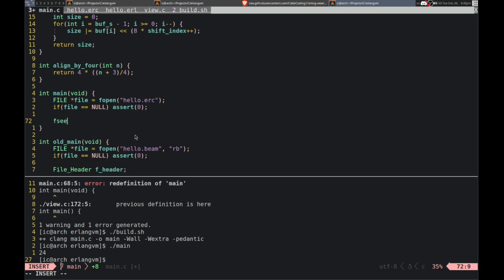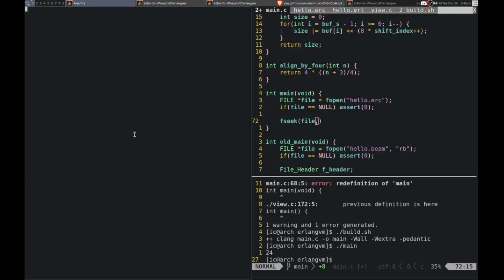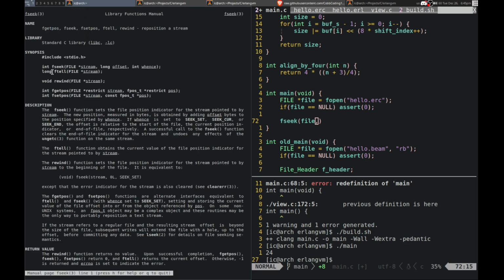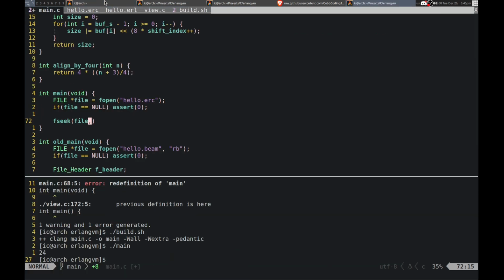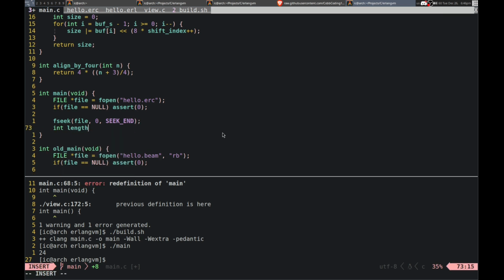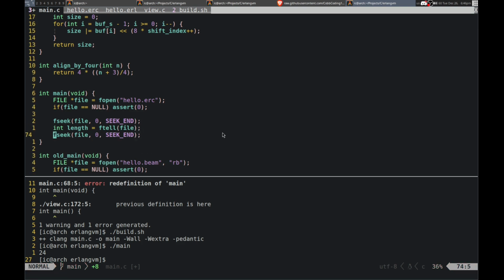Let's see, and then I want to do fc. Look at fc. What is it? So, file, offset. Okay, yeah. And then I think it's 0. And then cn, then length. And then seek set to go to the beginning. Alright, and then I go length, and that's what I'm going to read.